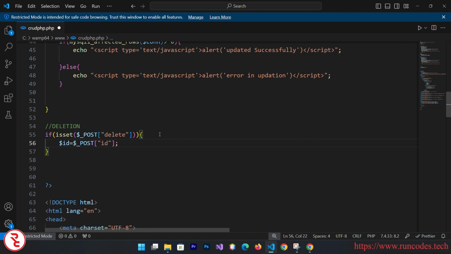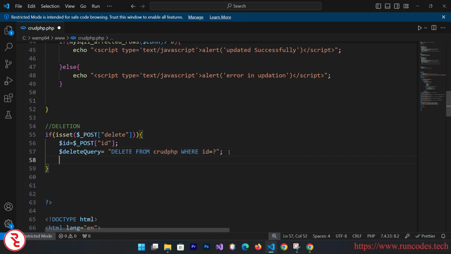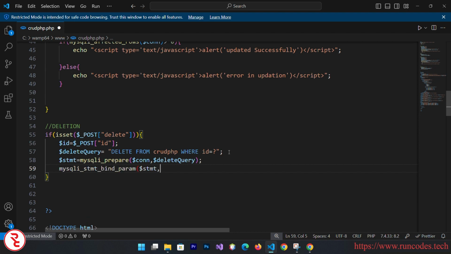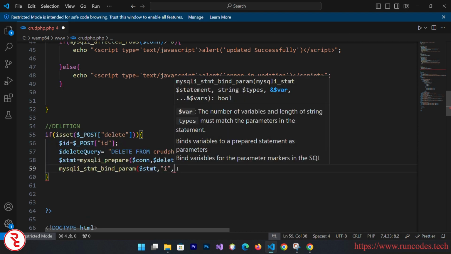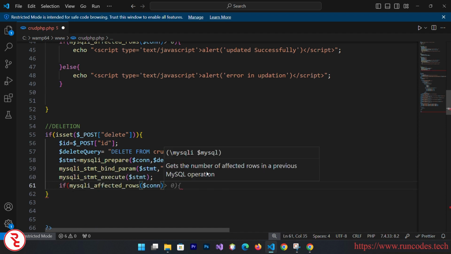we need the ID and we don't need the others. Now delete query is equal to delete from our table, that is CRUD PHP, and condition where ID is equal to what. And now same process, and here goes integer and here goes ID, and execute that and check if mysqli affected